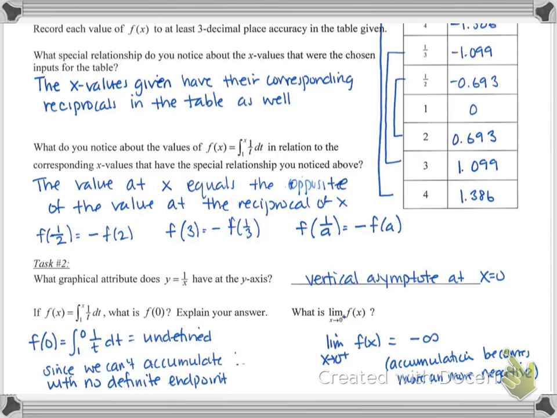In the second feature, we're noticing that the graph that we're trying to accumulate to actually has a vertical asymptote at x equals 0. So if we wanted to accumulate all the way back to 0, we can't do that. It's going to give us an undefined quantity, because we can't accumulate to no definite endpoint. It doesn't make sense to stop where you're not allowed to actually reach on the graph. So if we look at the limit as x approaches 0 on the right-hand side, we can see that the accumulation becomes more and more negative,